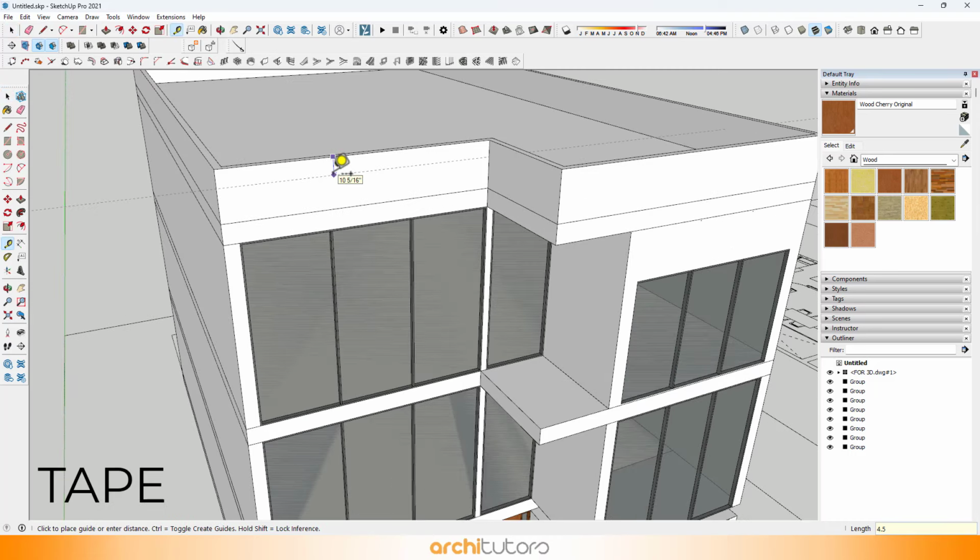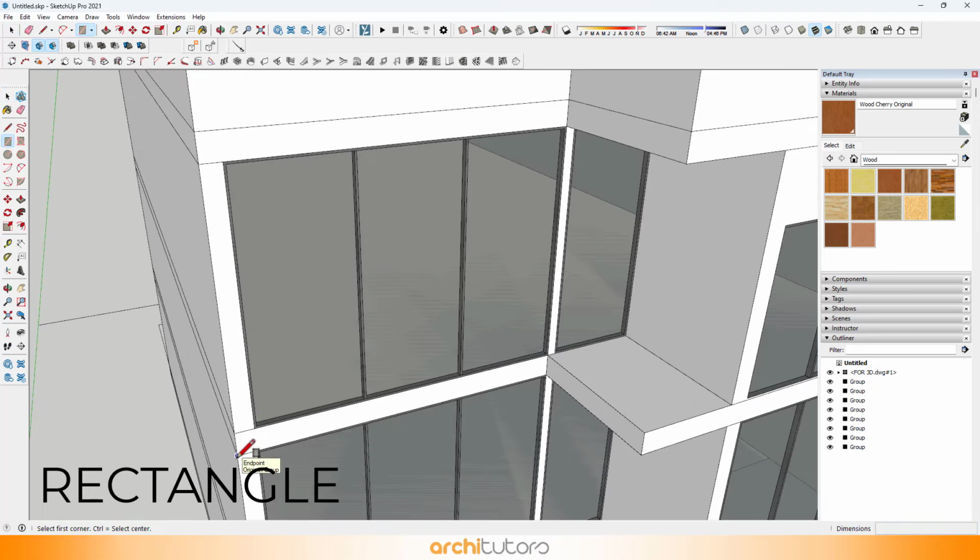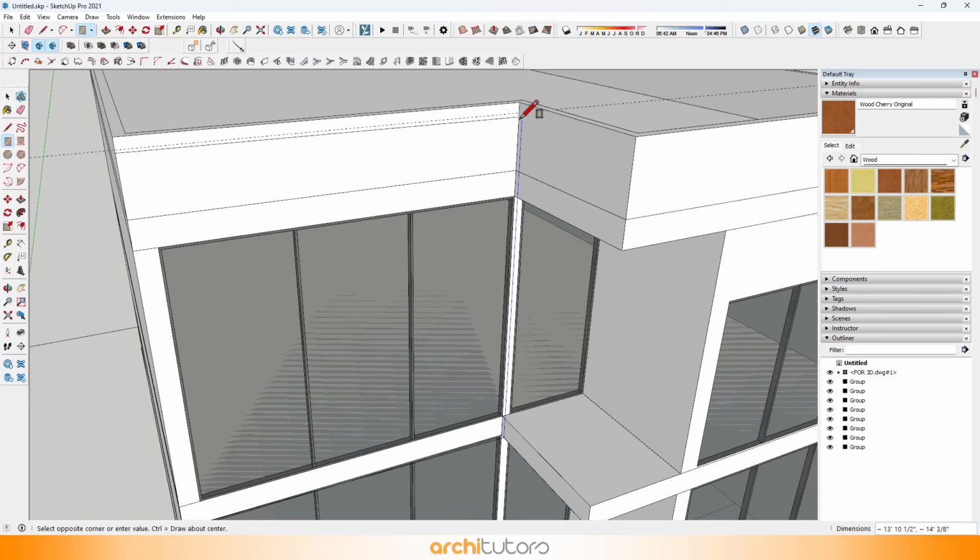Next part is to add balconies on the elevation. Use a rectangle and extrude it outwards using the push tool.